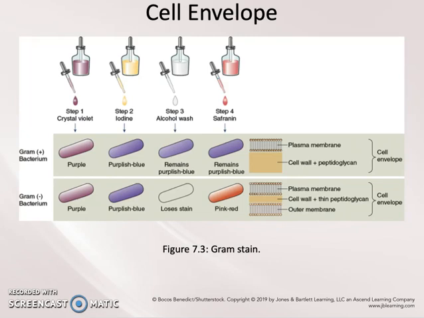So crystal violet is used initially to stain all the cells purple. Iodine is then used, and it acts as a mordant. Mordants clump or adhere the clusters of dye or stain to each other and to the cell itself. The third step is the decolorizing step, and in the decolorizing step you can use alcohols or acetone, essentially nail polish remover. What this step will do is remove the stain, the crystal violet dye, from the gram-negative bacteria